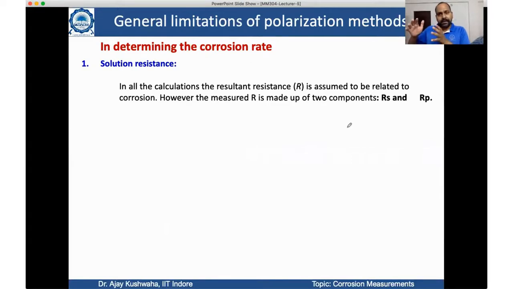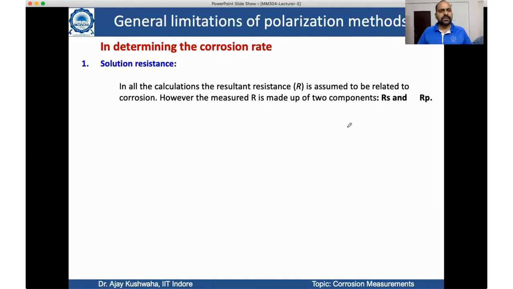in the field. Now when we are focusing on the polarization based methods, whether it's resistance based, or any other, like OCP versus time or Tafel extrapolation, there are a few limitations, or a few things we need to be very careful about when we are measuring. Otherwise the data or whatever calculation we are doing may not be accurate. So I'm just going to pinpoint a few things which are very important if we are trying to determine the corrosion